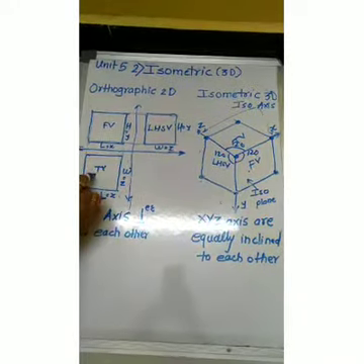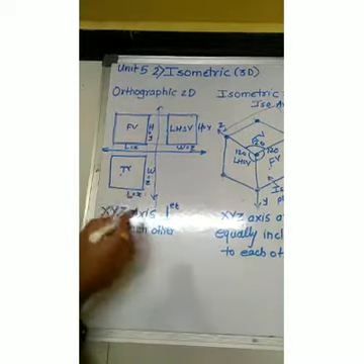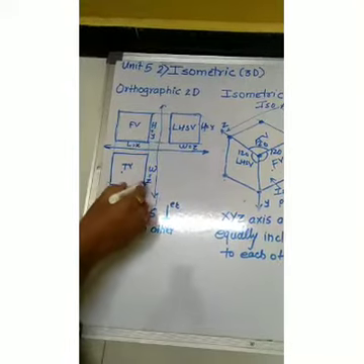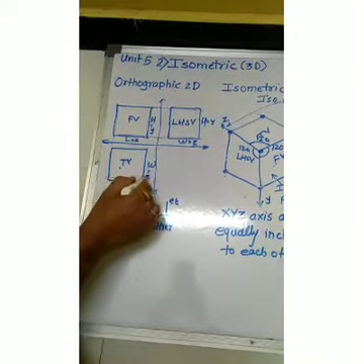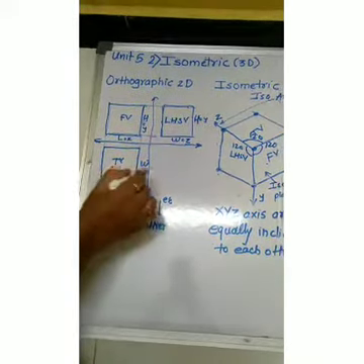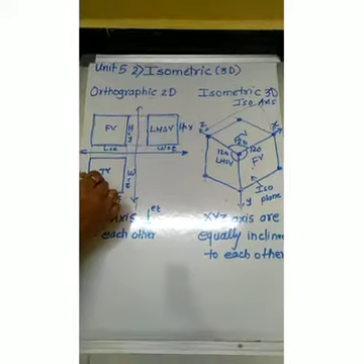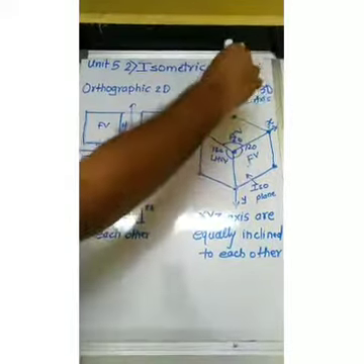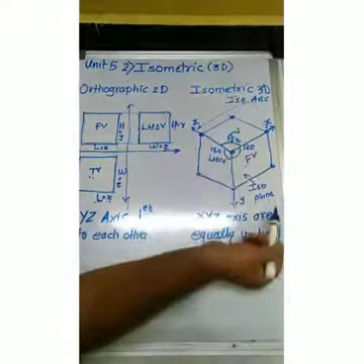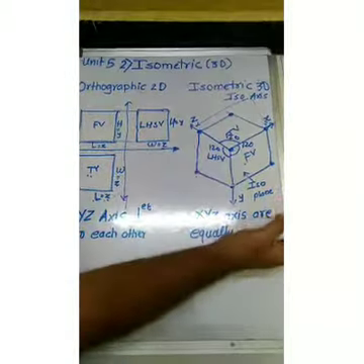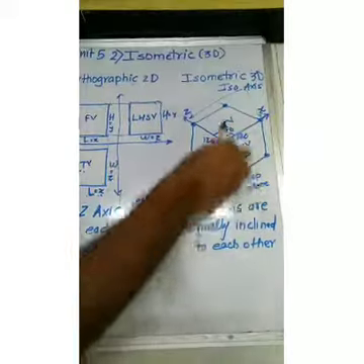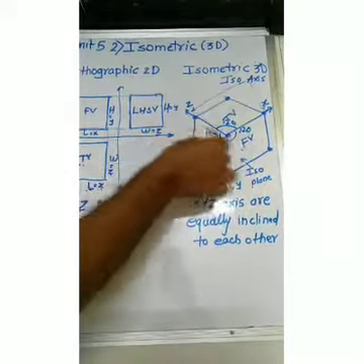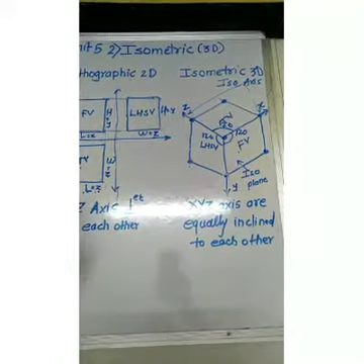Now coming to the top view. In top view you can see the length, that is x-axis, length along horizontal and width along vertical, that means x and z. That means you have to plot this top view in between x and z. So this is the x-axis and this is the z-axis. So here you can see the top view. You have to keep the direction like that. So this is your plane of top view, in between x and z axes.